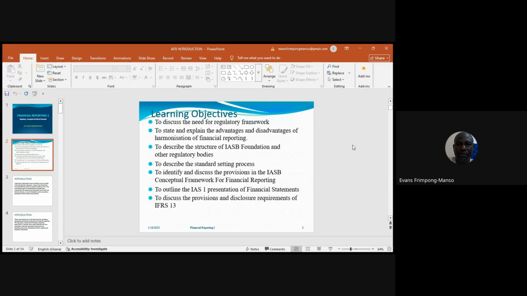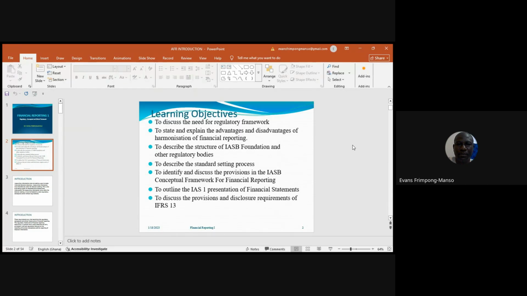Then we will look at advantages and disadvantages, and describe the International Accounting Standards Board and how they set standards. We look at the conceptual framework, and we also look at the ethical framework. We will look at IAS 1, the format for the presentation of financial statements. And then, like I said earlier, if we have time, we will discuss the provisions contained in IFRS